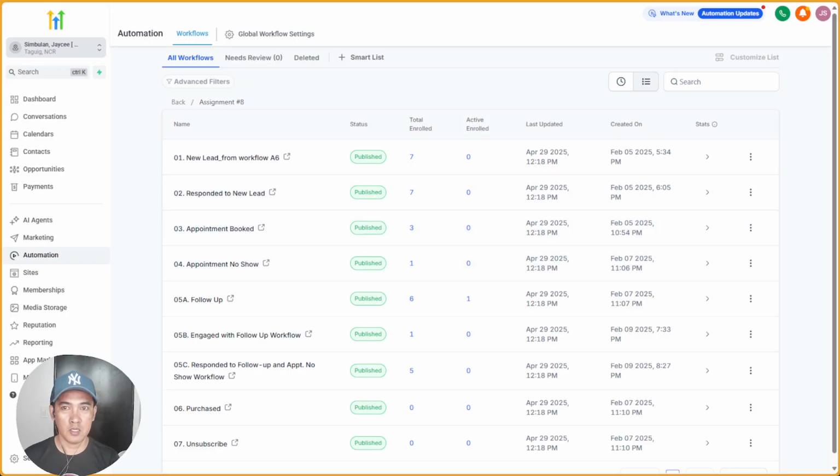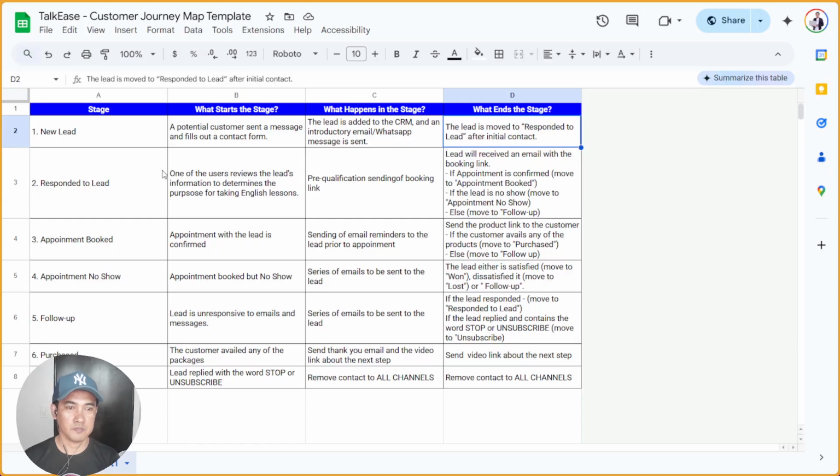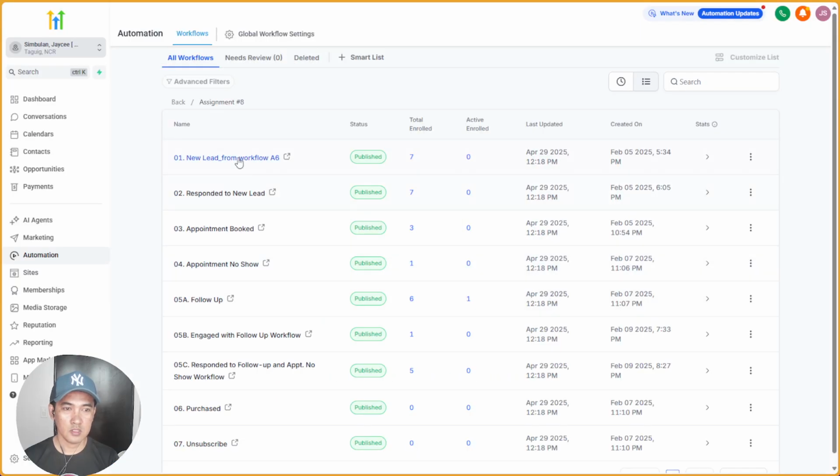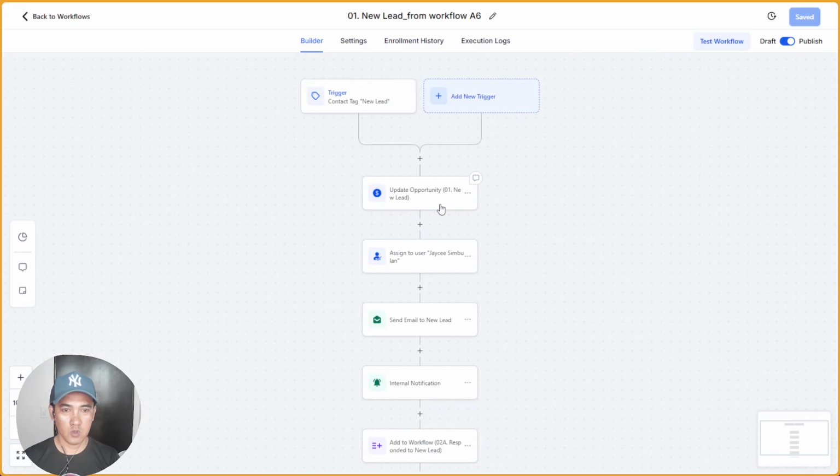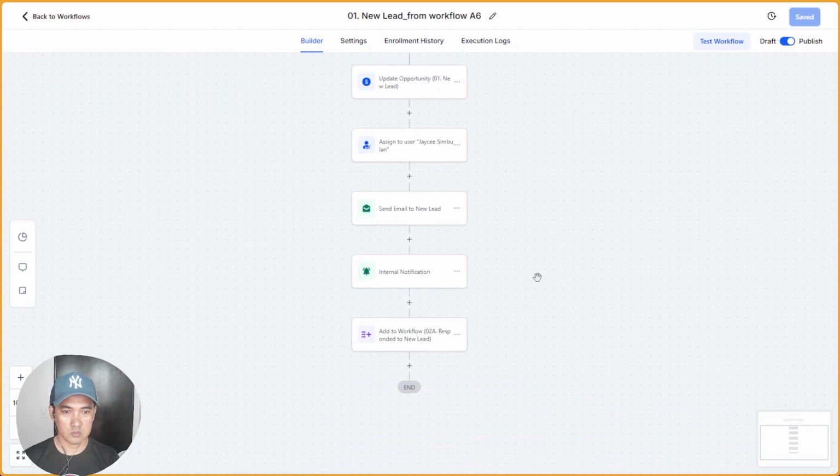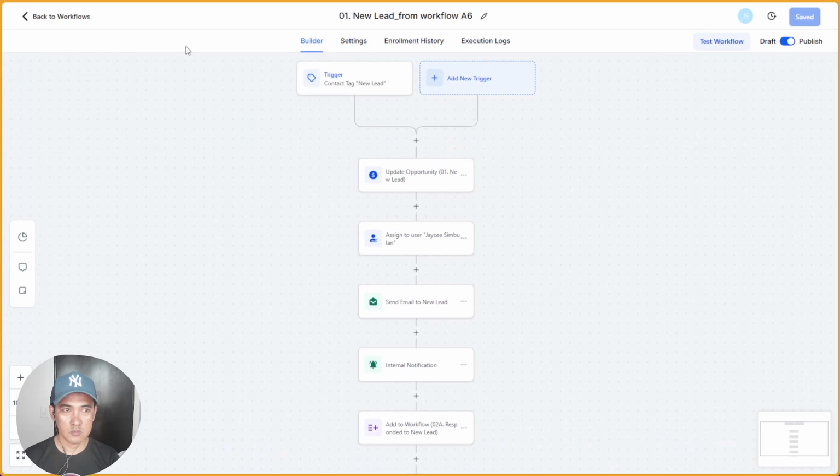If you remember this spreadsheet that I showed earlier, this is it. All right. I'm just gonna show you the workflows and not speak too much about it. All right.